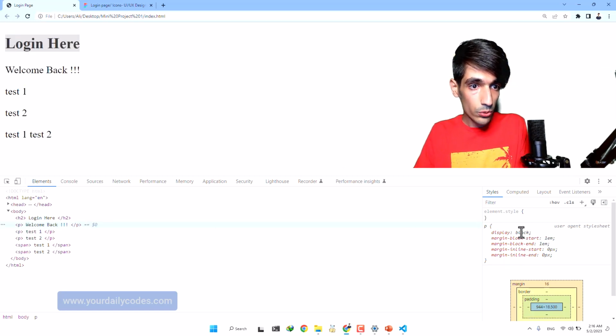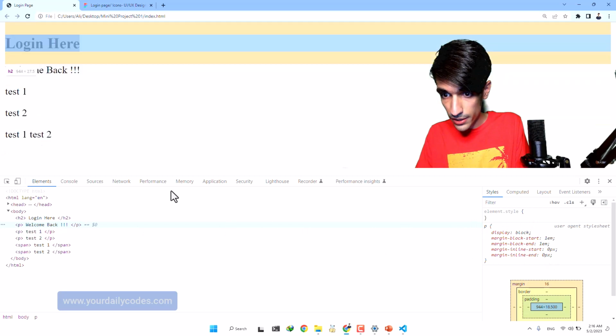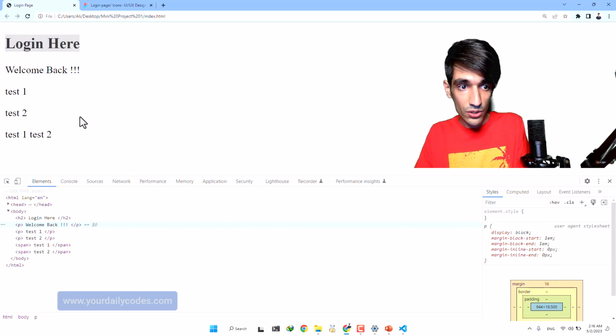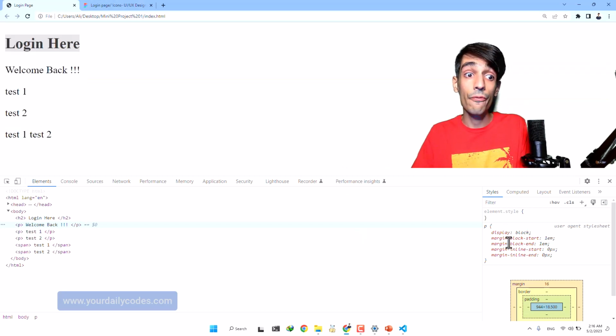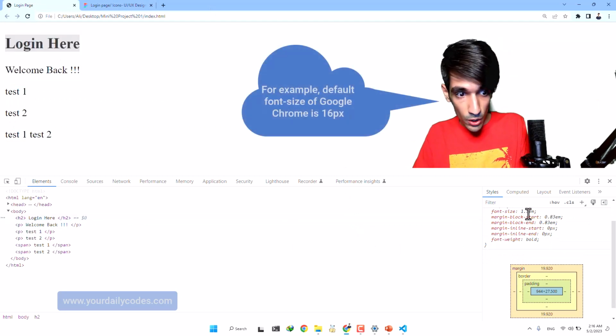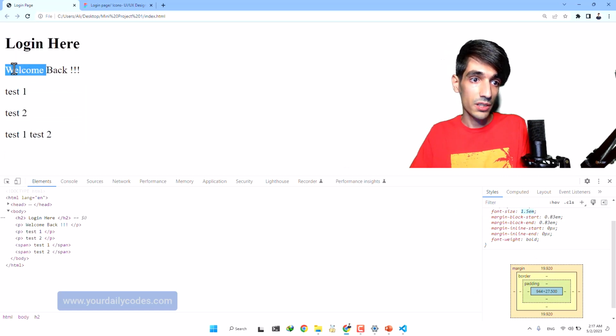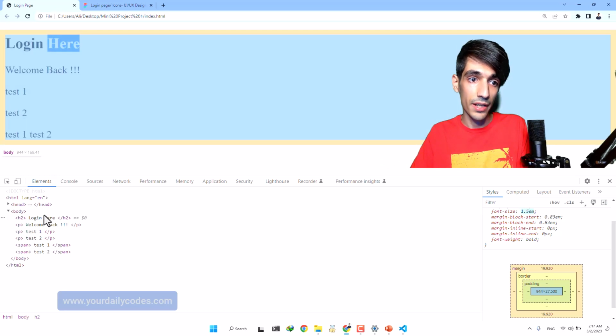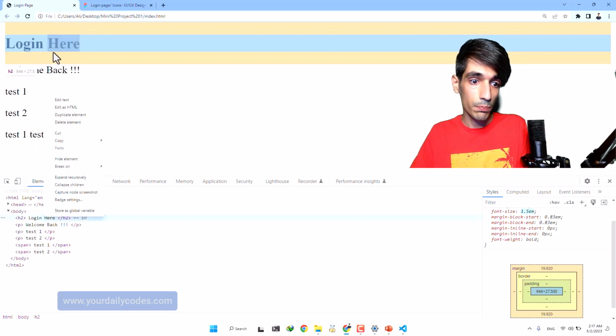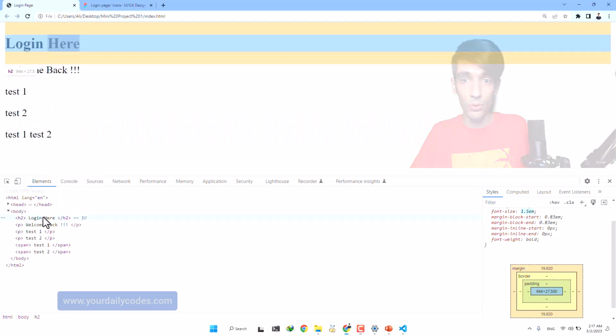And if we go to the p tag, as you can see, the display is block, and it has no font size, which means when something does not have any font size, it uses the default font size of the browser. So 1.5 em basically means 1.5 times bigger than the default font, which means this is 1.5 times bigger than this. But it is bold by default, h1, h2, h3, and h4.